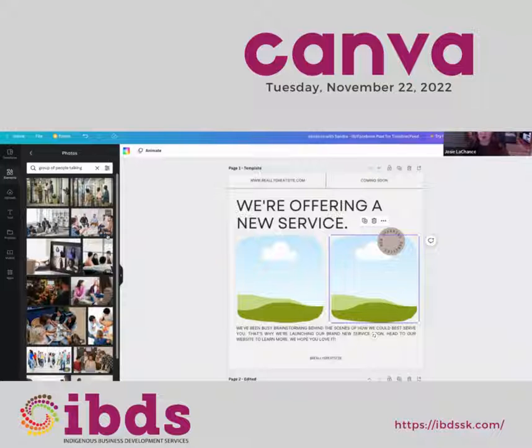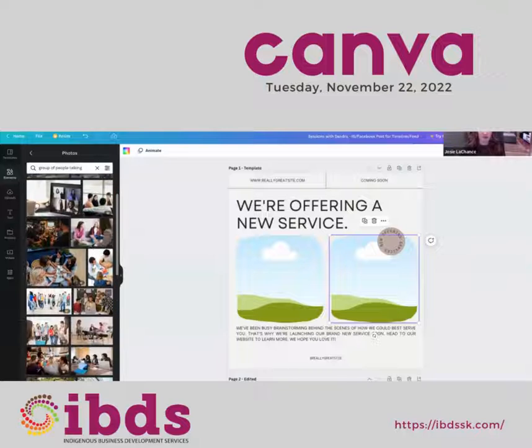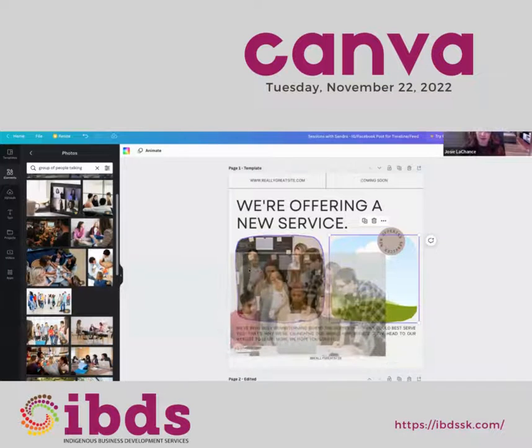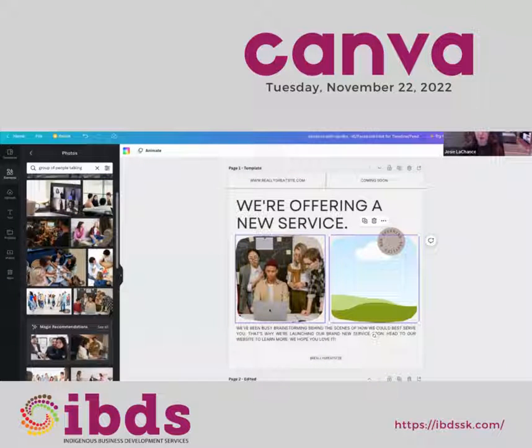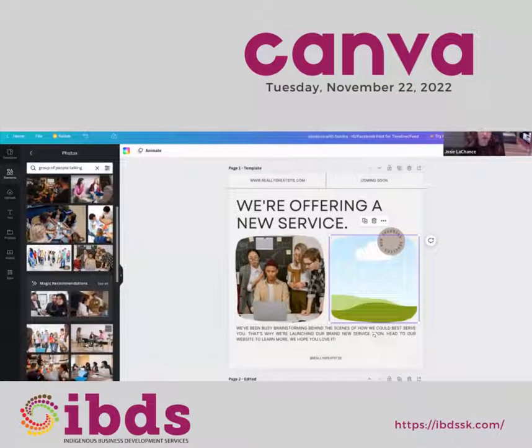So those are basically off limits for me to use with the free version, but there are lots of good free photos that you can use. It just takes a little bit more time. So if you have the time to sift through some images, you can just scroll. And I found this one here with the people looking at the guy on the laptop, and I'm going to pop it in. So I simply dragged it over, nothing hard. Same thing here.